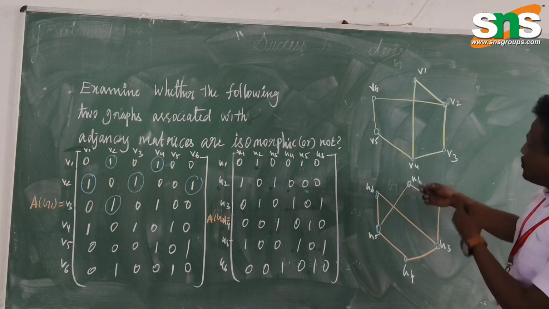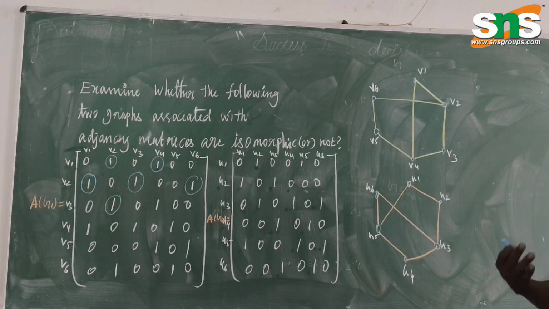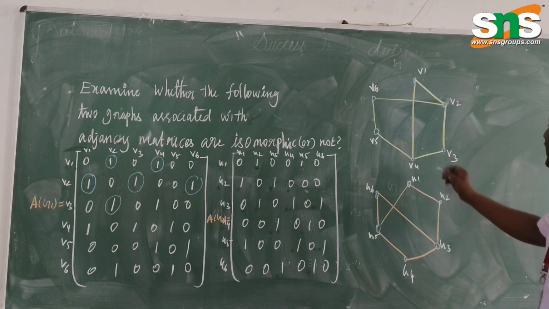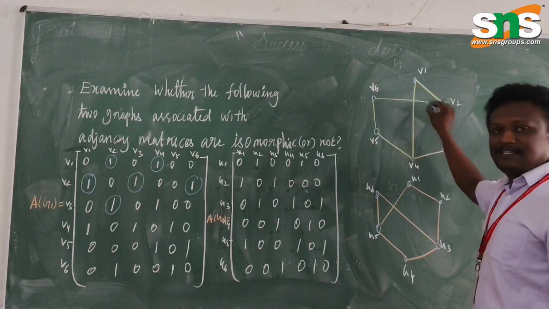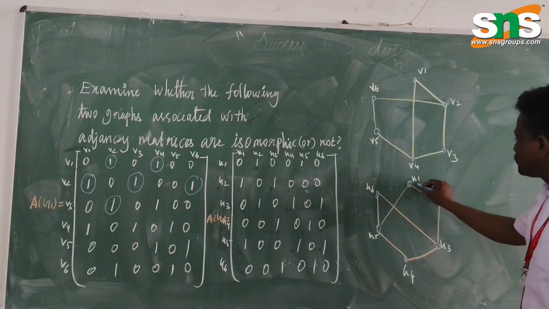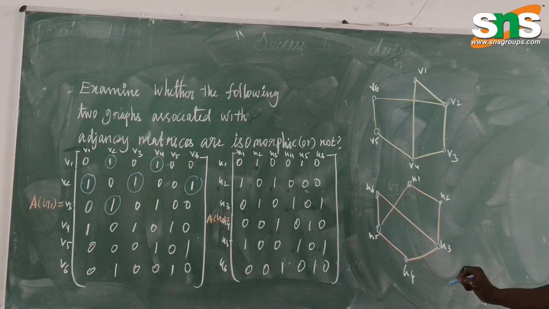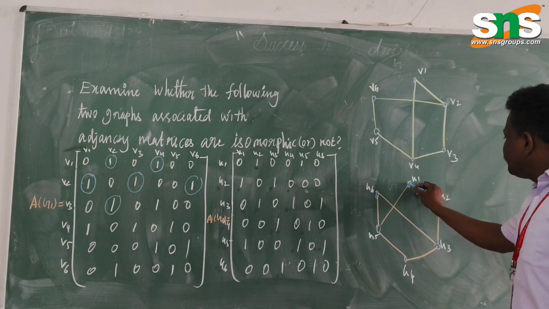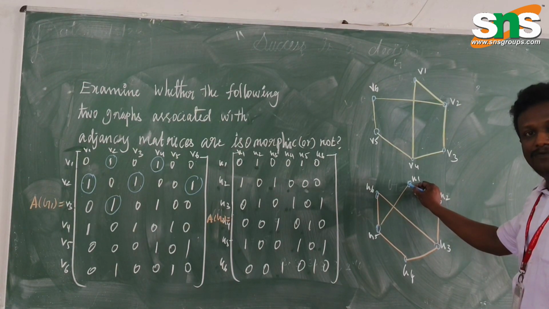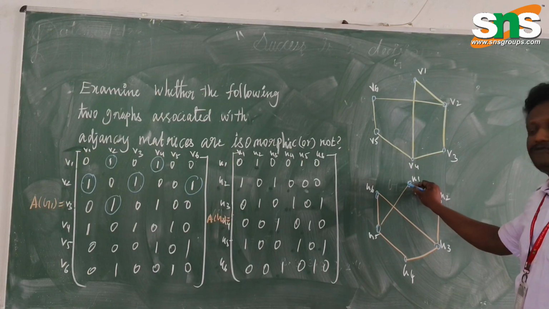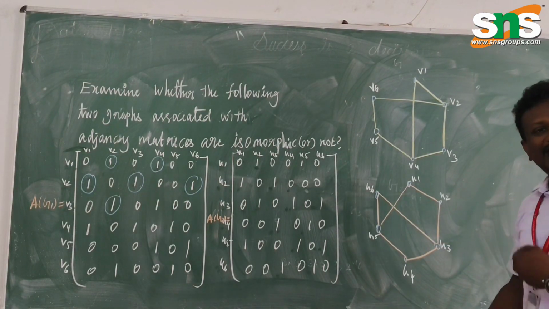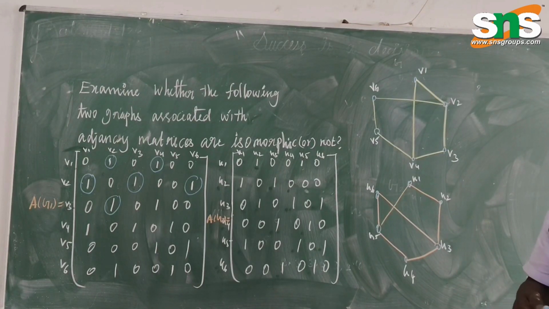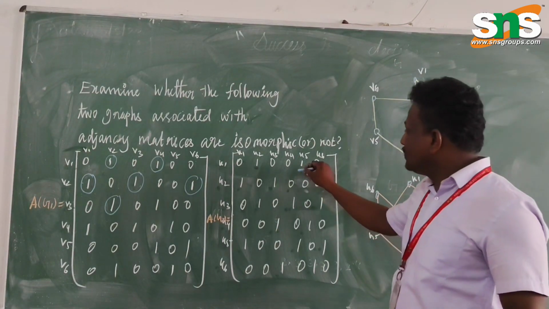You just name the different letters, right? For graph 1, I have used V to mention my vertices. In graph 2, I have used U to mention my vertices. Here we have 6 vertices in graph 2, and first I'm going to plot the vertices: V1, V2, V3, V4, V5, V6. Next, I'm going to connect the vertices based on the information given in the adjacency